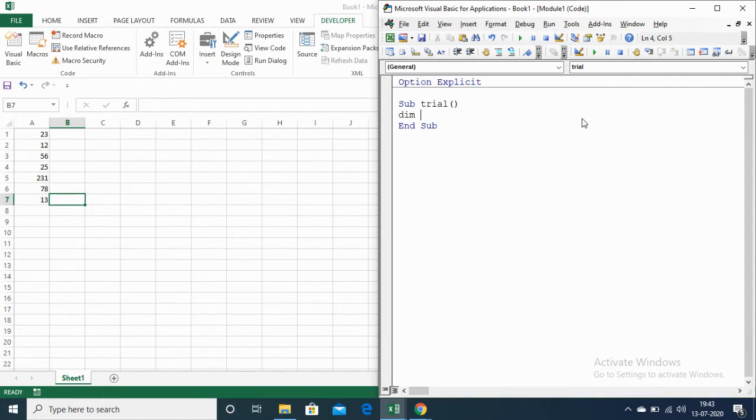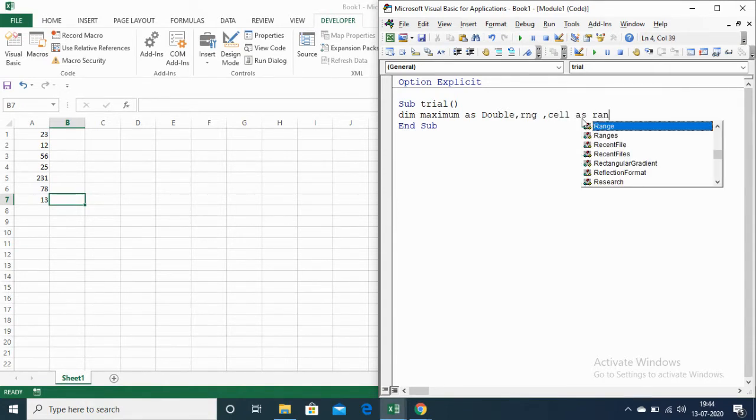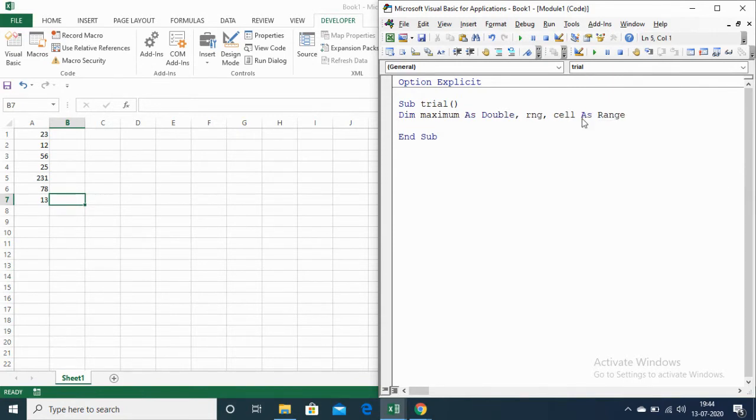So for that I have to define a variable maximum as Double and rngCell as Range. Now I am initializing the color of the cell. So cell.Interior.ColorIndex equals 0. So interior color is not there in any cell in Sheet1.